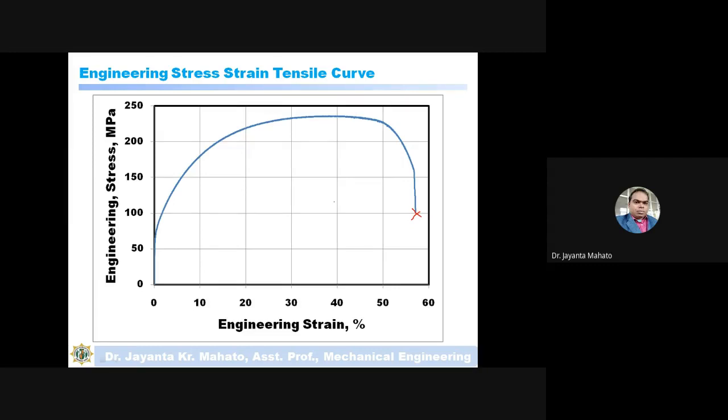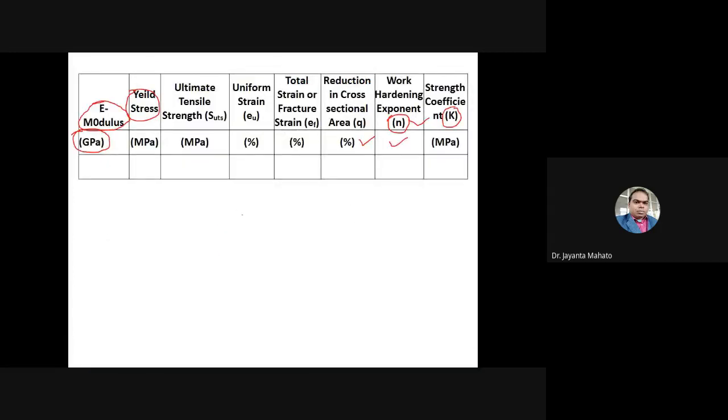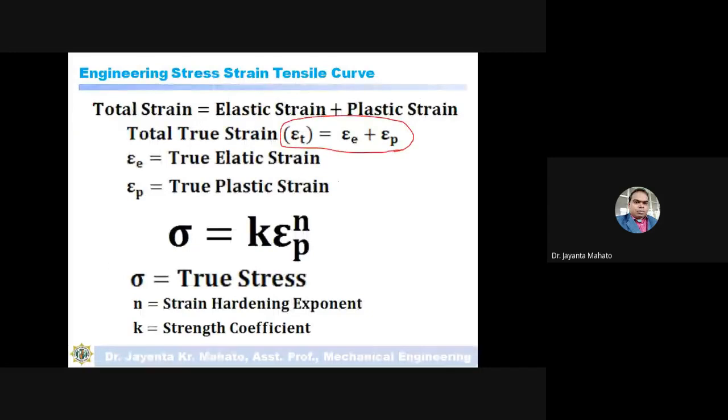From this engineering value, you can calculate the true value, which is change of length with respect to original length. True strain is an instantaneous strain, and true stress is also an instantaneous stress. So I am giving formulas for calculating true strain and true stress.